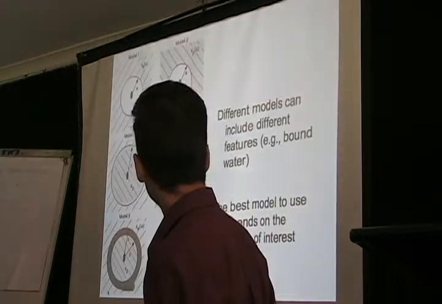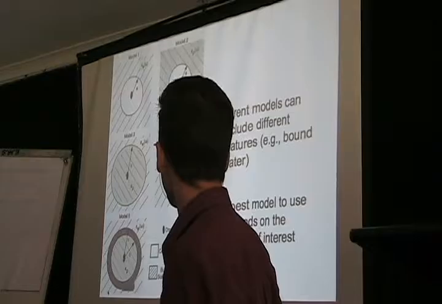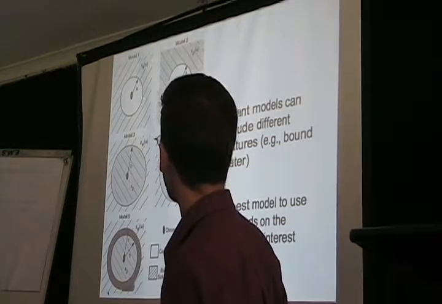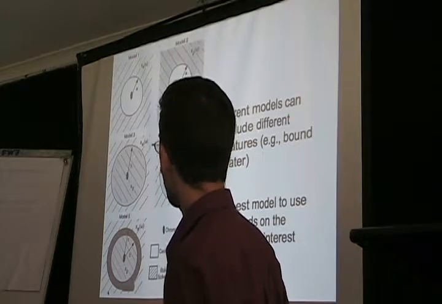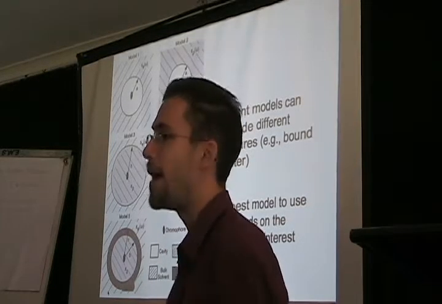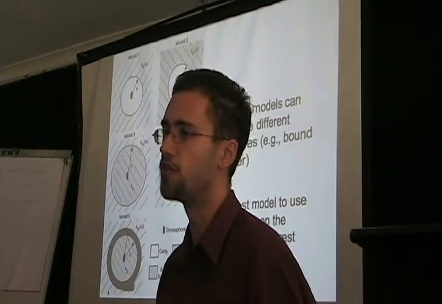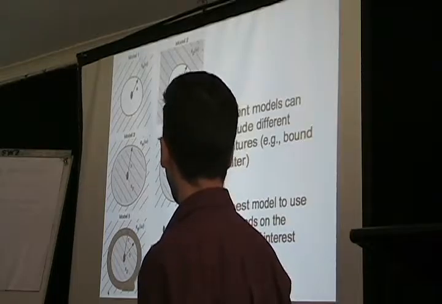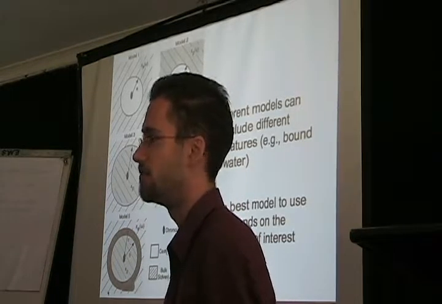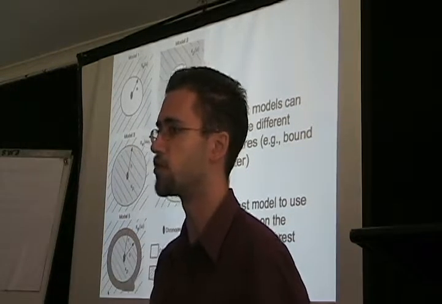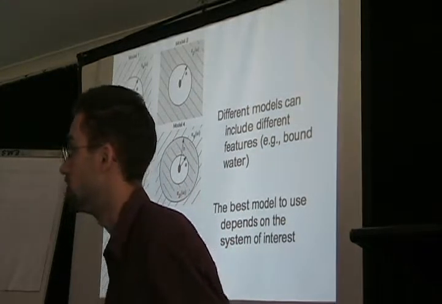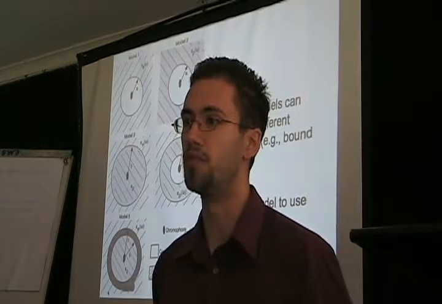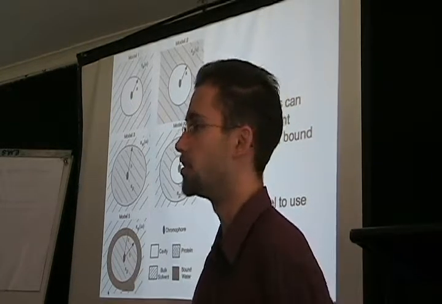We've actually been looking at 5 different models and analysing these for the environment, including either just solvent or just protein, or solvent and protein, but also including the bound water, the water very close to the surface of the protein, which might have different relaxation properties again. I'm not going to talk too much about all of this in this talk, but we have a poster up the back, which I'd be happy to talk to you about in more detail. The best model to use is going to depend on your actual system of interest, which fits better, which is most important.